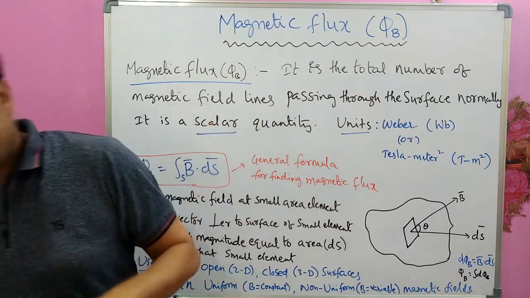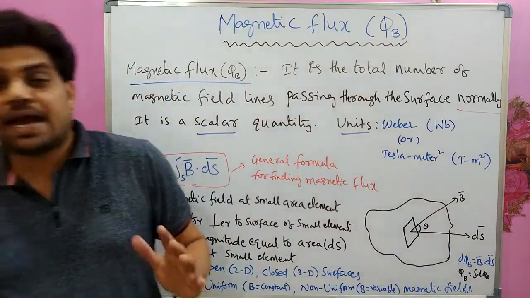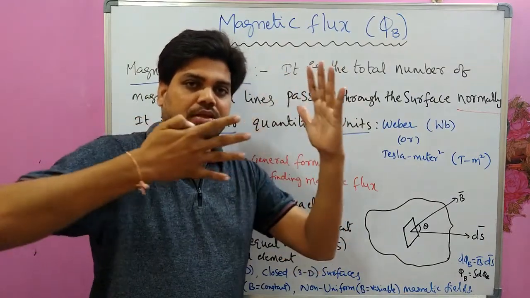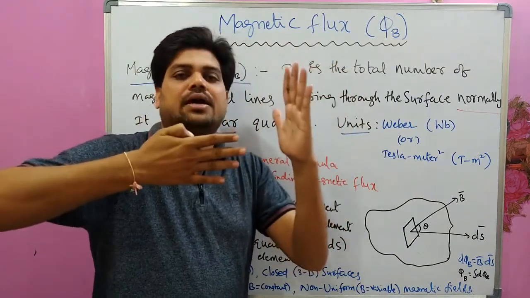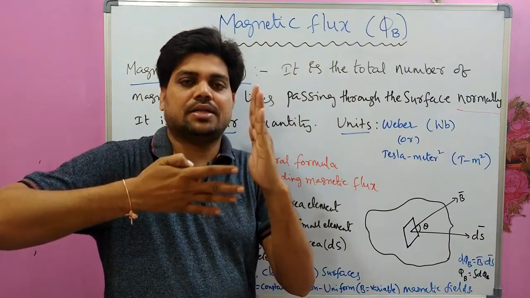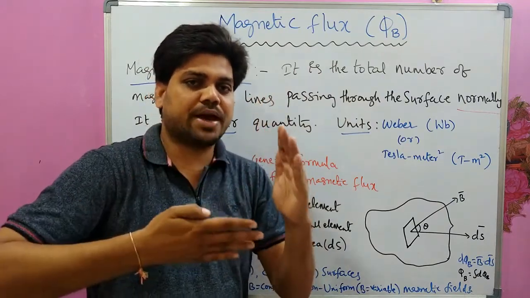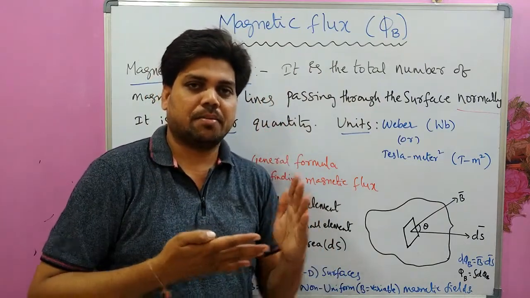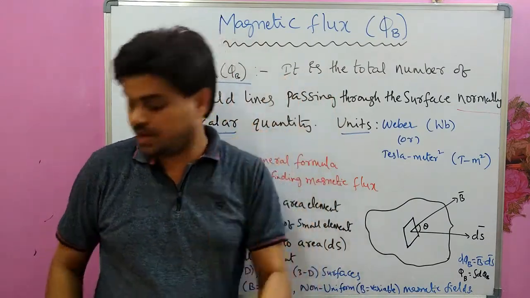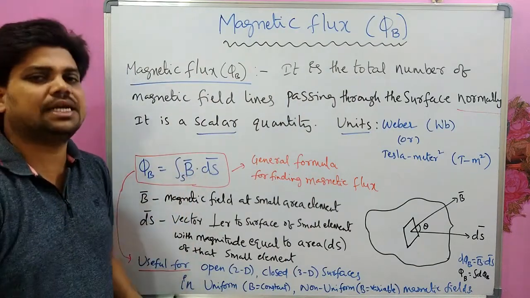Okay, see this. And the most important point here is this one. The number of magnetic field lines passing normally through the surface. These lines are only considered for finding magnetic flux. Right? The magnetic flux is equal to the number of magnetic field lines passing through the surface normally. Remember this. Okay. So from this general formula, let us see one special case, that is,